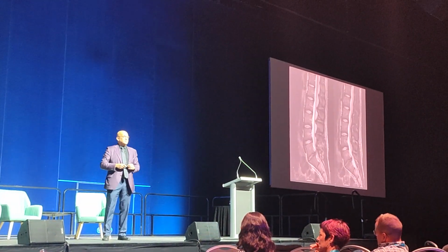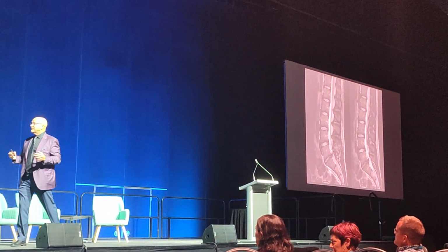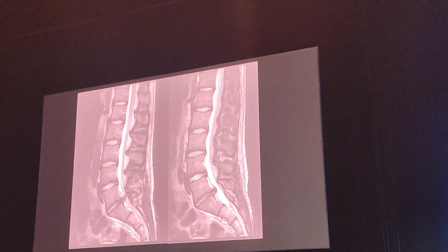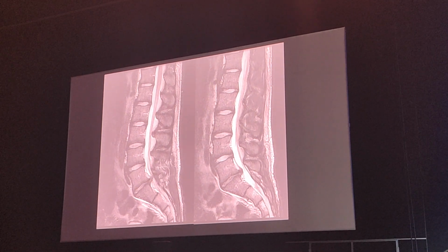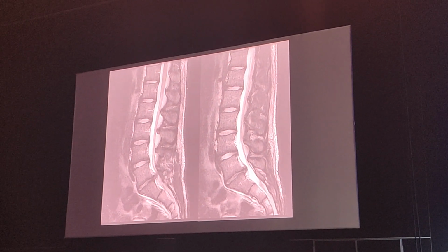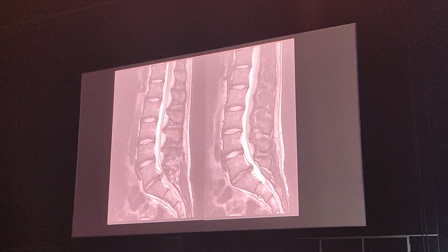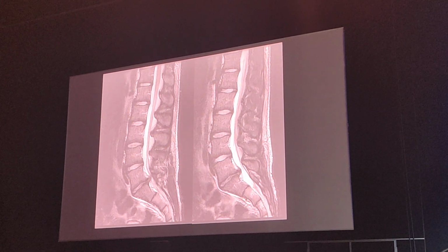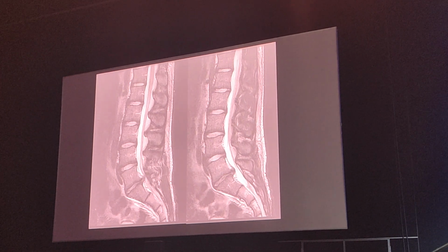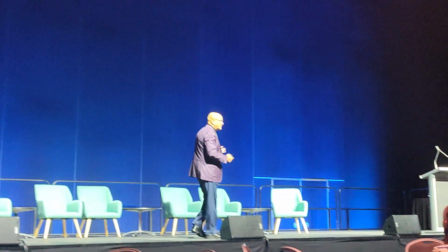So this is the case of one of those players, and I wasn't there this day. He injured himself, had a herniation, and they gave him the full court press. Epidural injection, Medrol dose packs, more NSAIDs, and he felt better real quick. And what happened, here he is, his herniation, and here he is 10 months later. What they did, when you do that, it turns off, remember the inflammatory response I showed in the video? That was how this is consumed. He felt good right off the bat, but that disc is never going to reabsorb now. I know him today. He's a Marine in the Pacific right now, still has the perception